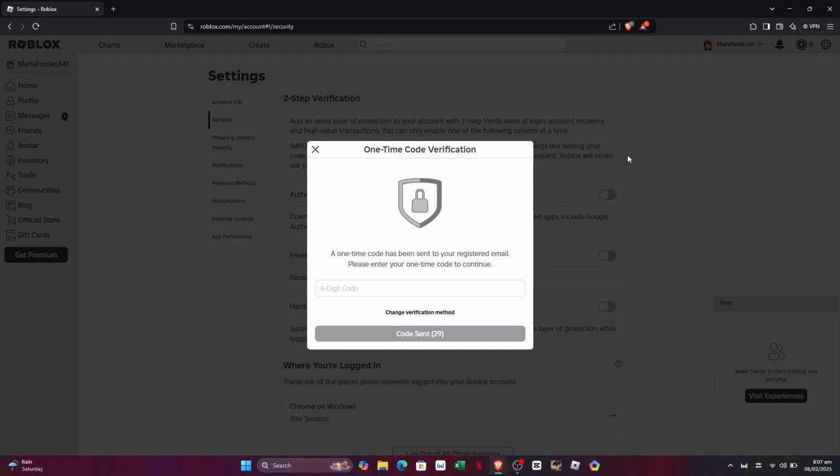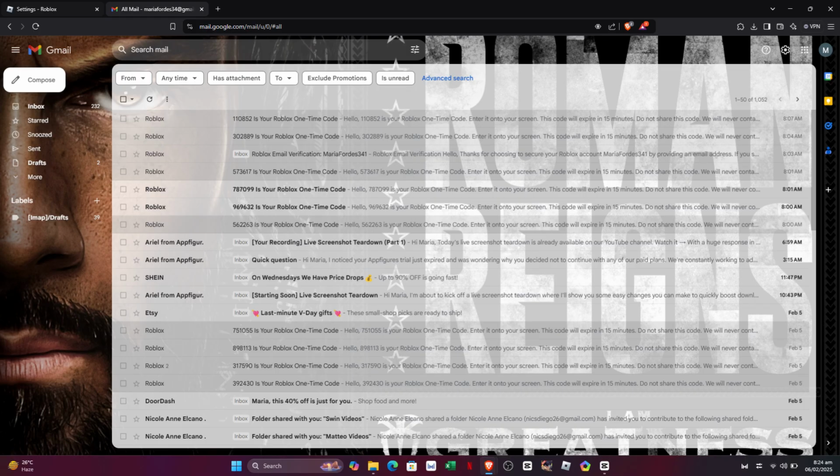For example, mine is Gmail, so I open a new tab and I'm already logged in so that we can go straight to the point. When we're in the Gmail tab, refresh the tab so that you can receive the mail just in case. If the mail does not appear after refresh, just click the More tab on the left side of the screen. While we're in the More tab, click the All Mail tab to check all the mails, including